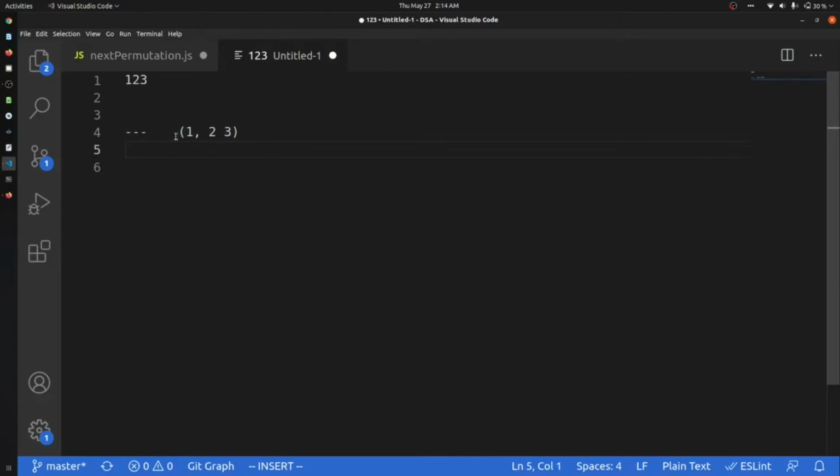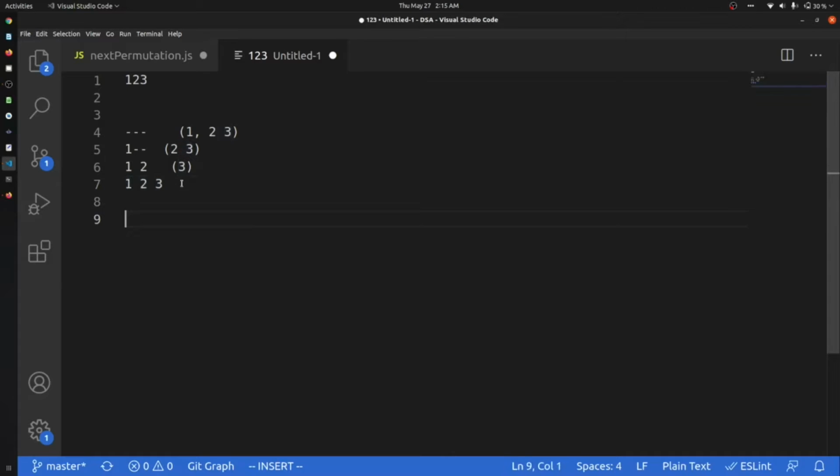Firstly, it will say that I am putting 1, and after that I have 2 places and now I have 2 choices only, 2 and 3. So what I am doing then is putting the next number that is larger than the element present in the array or the string, that is 1. The number that is larger than 1 is 2, so it will add 2, and the remaining space will have 3 as output. Then I will push this 3 also in my output.